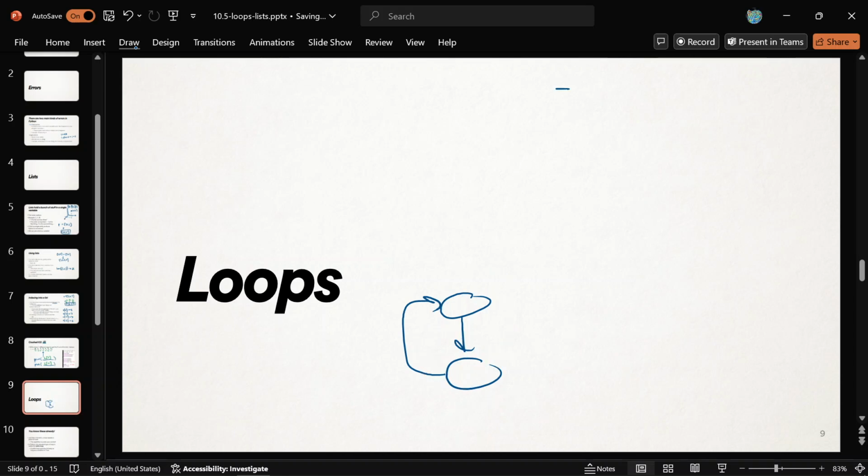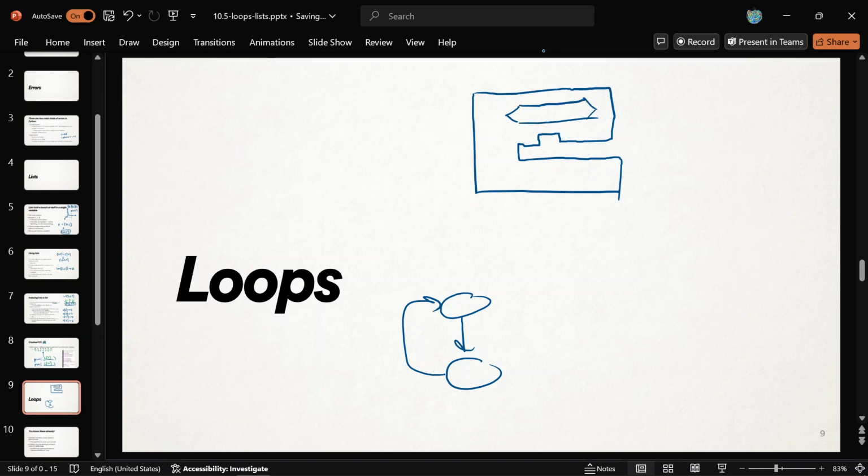So what did loops look like in Scratch? The most generic loop that we had was a repeat until loop. It took a pointy thing, and then it took whatever you wanted to repeat in there. Some of them took a condition, like keep on going until this is true, until that is true. And then it took all the things that you wanted to keep repeating as long as that thing wasn't true. So we want to try to translate that into Python, and it's going to look very